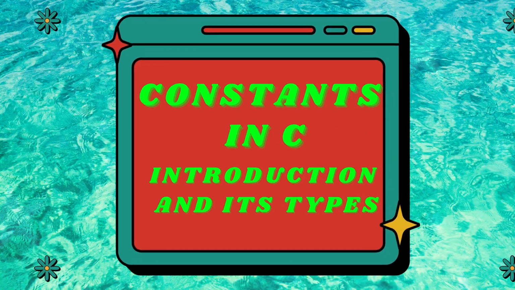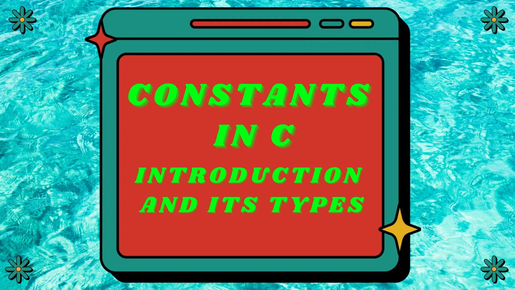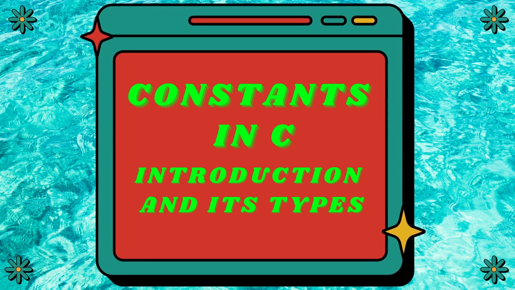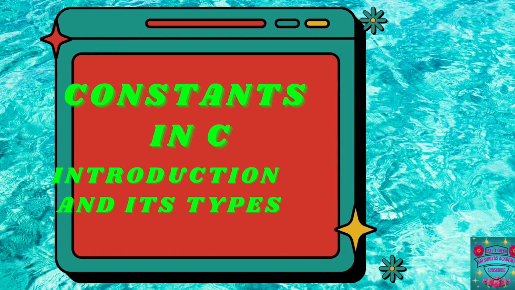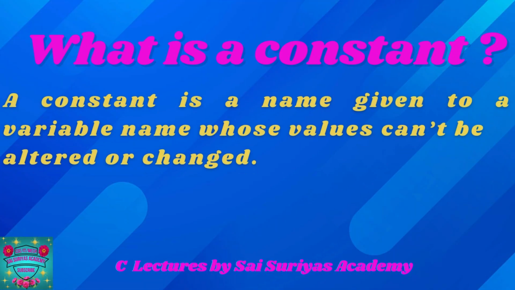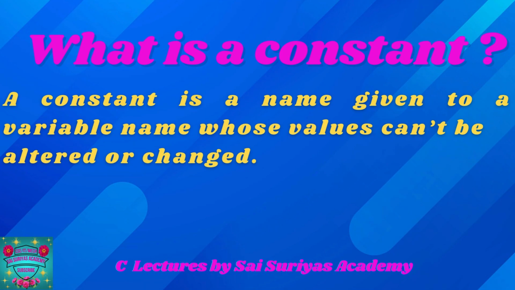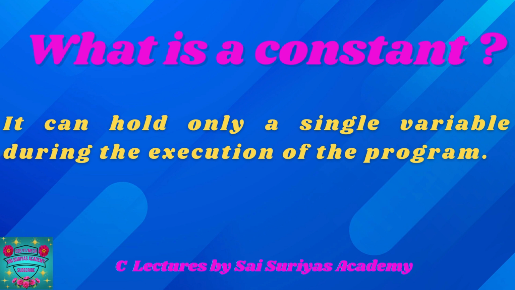In today's video, we are going to discuss constants in C, introduction and its types. Now we want to know what a constant is. A constant is a name given to a variable whose value remains the same, that is, it cannot be altered or changed. It can hold only a single value during the execution of the program. That is, the constant variable has to be initialized at the declaration part and the value remains the same throughout